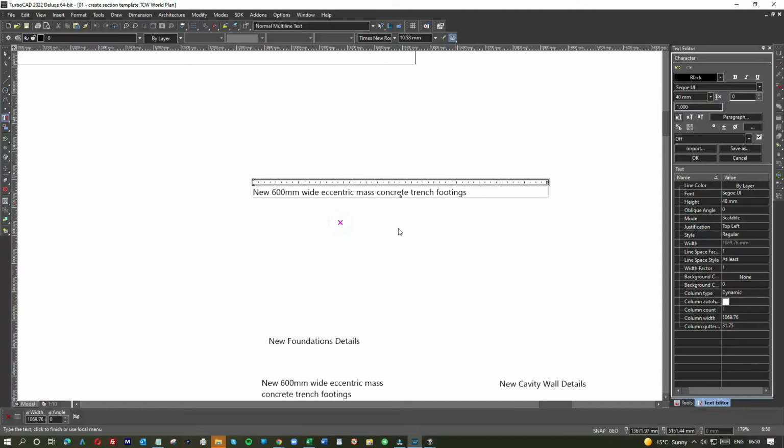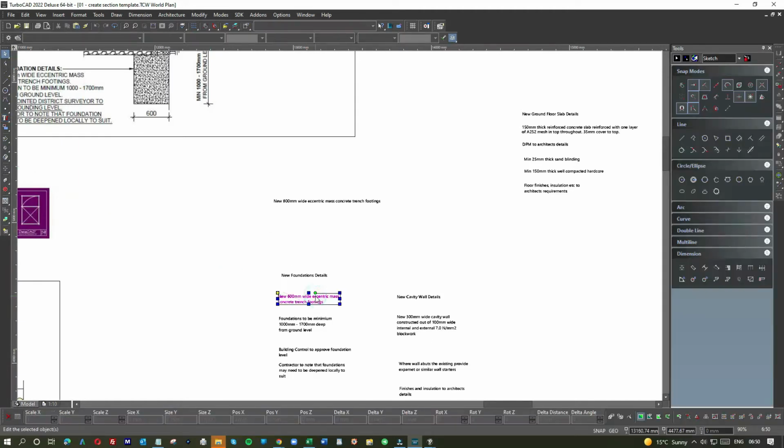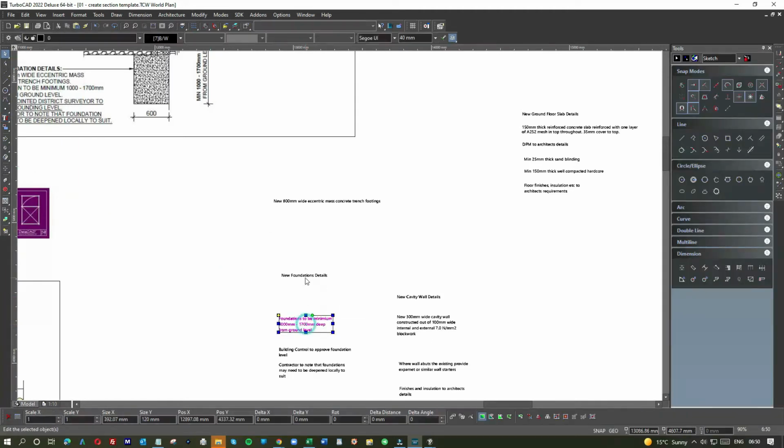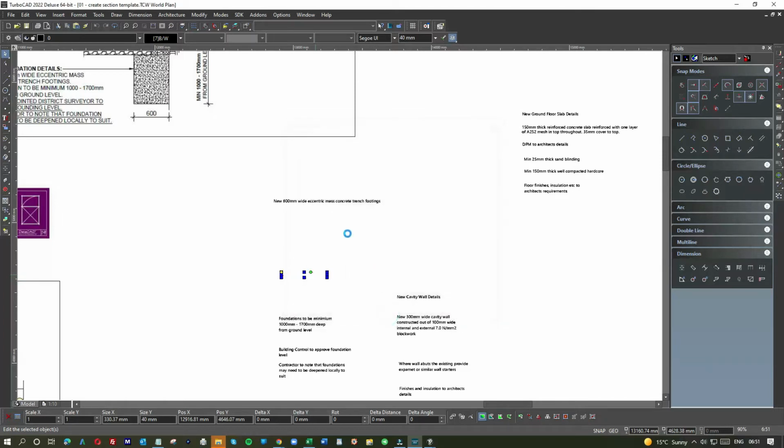Right, so we can get rid of the pieces as we get through it. I think that description might be useful to have as well at the top. New foundation details. And then,